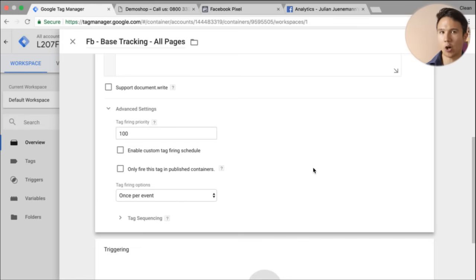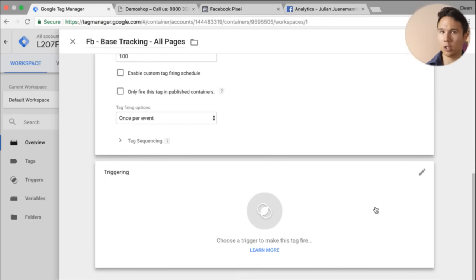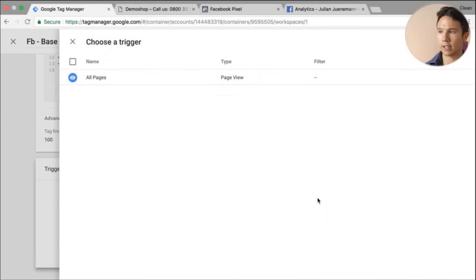It's a bit of a method to sequence your tags, so to put them in order, but not as stringent as the tag sequencing feature, which I would set up in certain circumstances if you really need to get this in order. Now, what we can do, since we want to deploy this on all the pages, so the library loads on all pages and is ready to fire off any track calls,